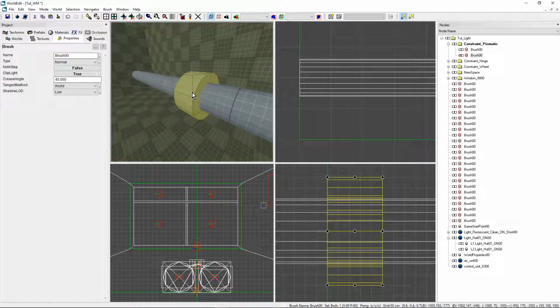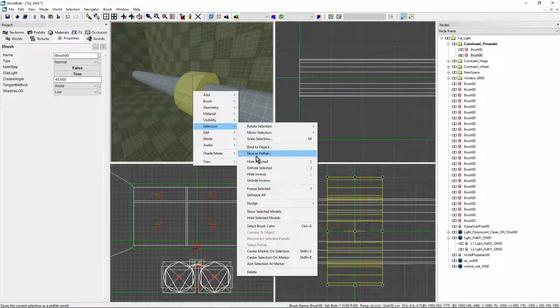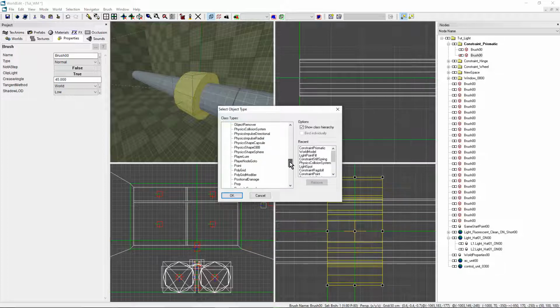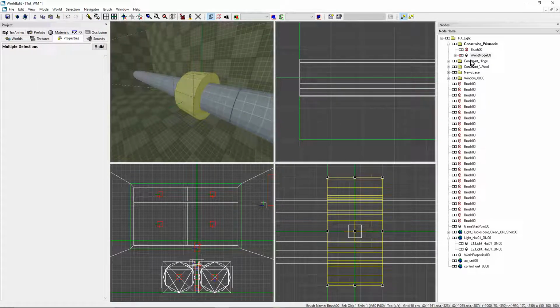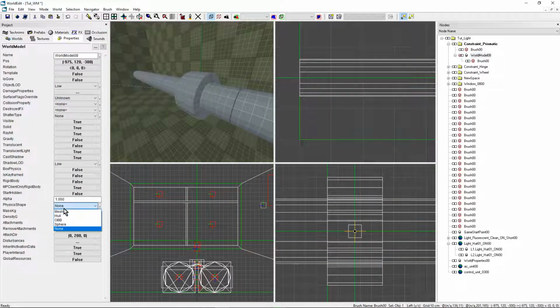So first thing, we want to center the marker and we want to make this the world model. So bind to object to place the brush underneath the world model. Then if I select only my world model, I want to set the physics shape to OBB, as usual, and